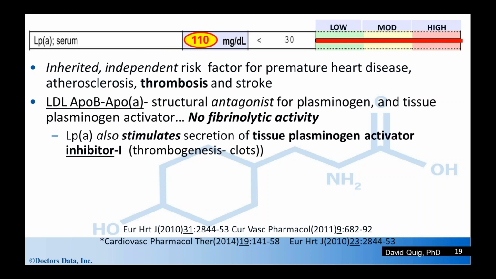Now, Lp(a), I said it's a funny little particle because it really consists of the LDL ApoB bound by disulfide bonds to Apo(a). And this funny little particle is a structural antagonist for plasminogen and tissue plasminogen activator. So it binds to places where plasminogen would bind, but it doesn't have any fibrinolytic activity. Furthermore, Lp(a) also stimulates the secretion of tissue plasminogen activator inhibitor, further contributing to thrombogenesis, clots, and then possibly even